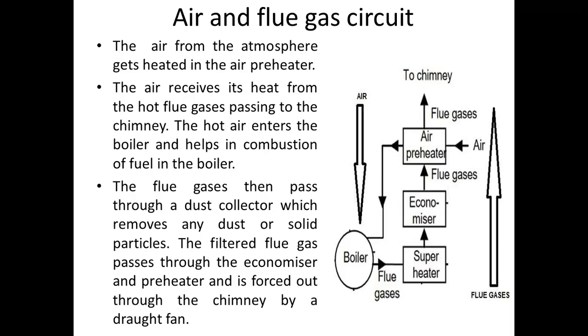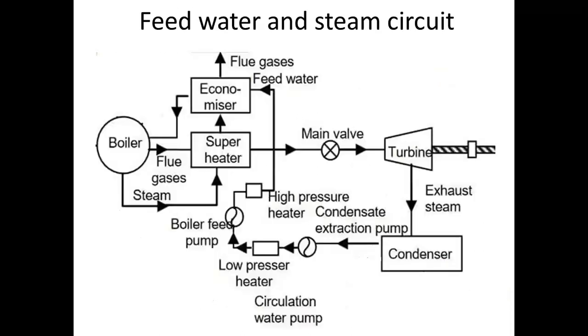And the air which is used for combustion, that air is supplied from the atmosphere to the air preheater. You can see there is a circuit, we are showing the circuit. Air is coming from the atmosphere, it passes through the air preheater and then it moves to the boiler furnace. So this is the path of the flue gas, this is the path of the fresh air. This is the air and flue gas circuit. We are getting the air from the atmosphere, and finally we discharge the hot air or waste flue gases into the atmosphere. Next one is the feed water and steam circuit.